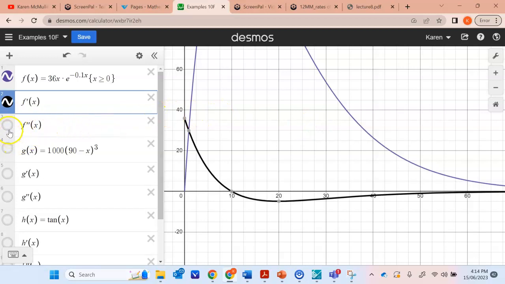All right, let's have a look at our second derivative. So our second derivative tells us the maximum rate of increase and the maximum rate of decrease. Okay, so it's a bit hard to get your head around. We're not looking at maximums and minimums. We're talking about decrease and increase. So with our graph,